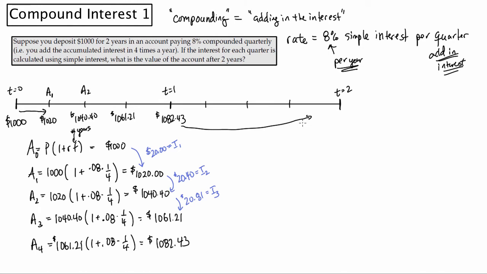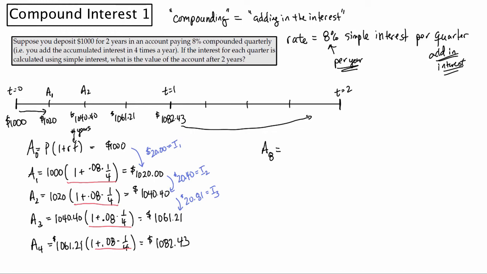So the end of year two, if you're keeping track, would be A8. It would be the value of the account at the end of 8 quarters. And while I've been using the previous values this entire time, let's just look at what we've been doing. To get the next value in the sequence, I'm just taking the previous value and multiplying by this same value in the parentheses over and over and over again. That value in the parentheses is simply the growth rate. If you've watched the exponential model video, it's simply the growth rate that we are applying to the money each